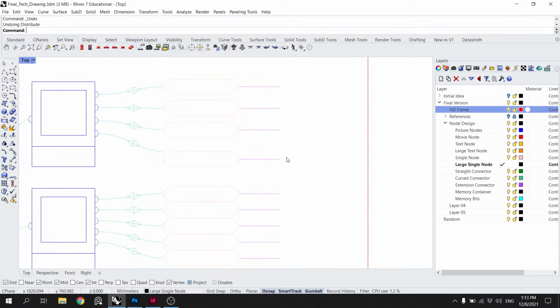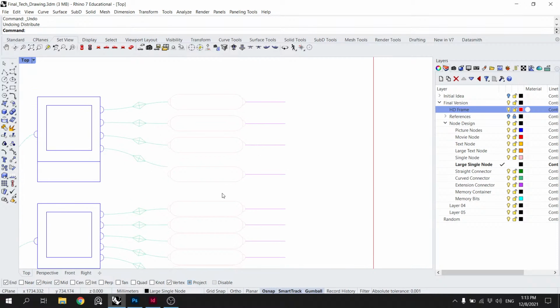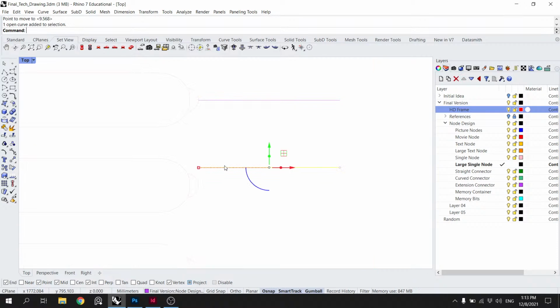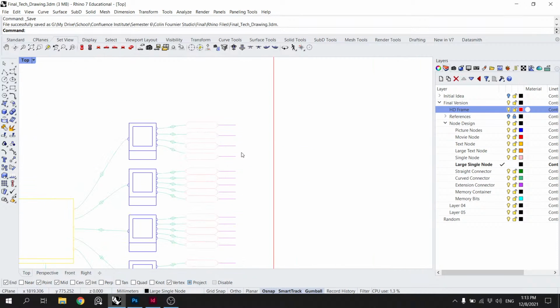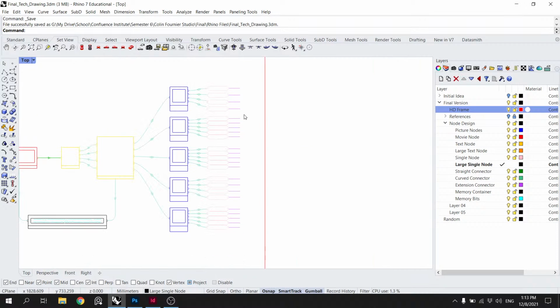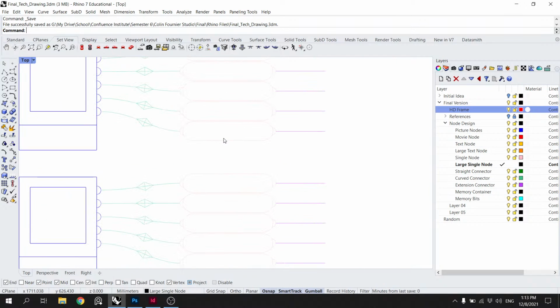Yeah, I thought that wouldn't work. We do a distribute on the Y, and then we have to just move these points. So that's all good. Gives us some more space.